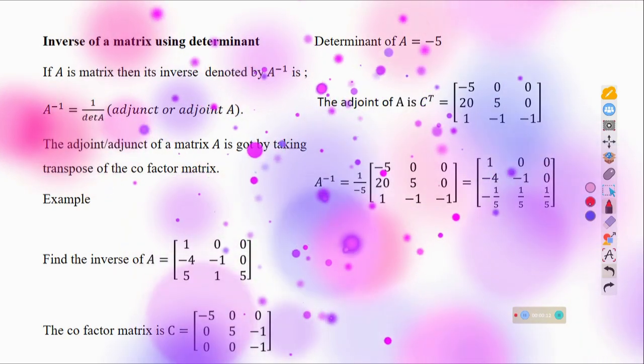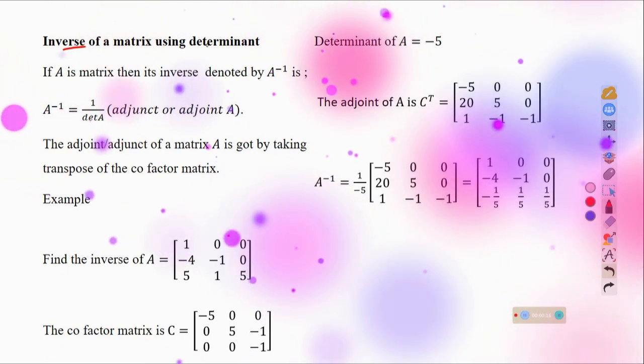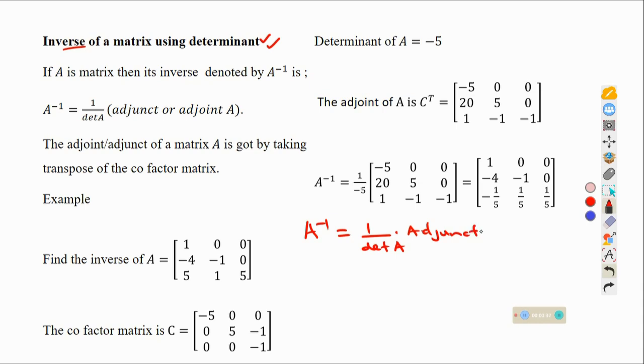Last time we stopped at what we call the inverse of a matrix when we are using the determinant. If you recall very well, we talked about some few things. That to get the inverse of a given matrix, we shall be using this formula: 1 over determinant of A times what we call the adjunct of that given matrix A. Now,